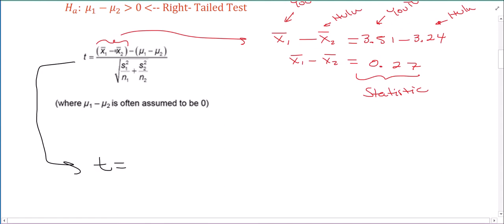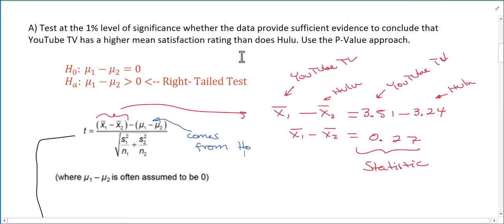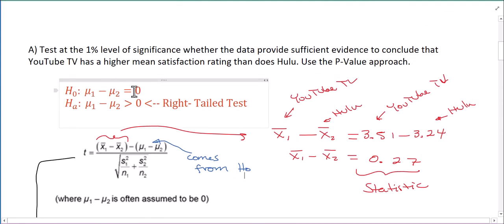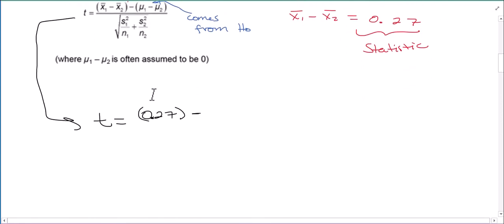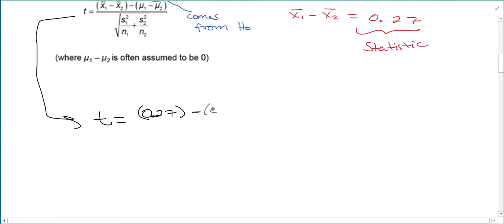So T is going to be our test statistic, 0.27, minus our population parameter. What are we assuming mu1 minus mu2 is? This comes from our null hypothesis. Mu1 minus mu2, we assume it to be 0. So then that's going to be minus 0,